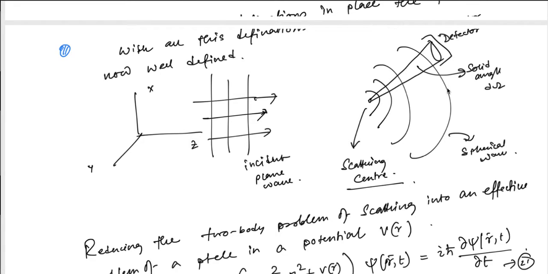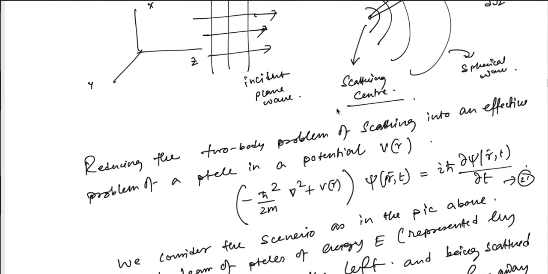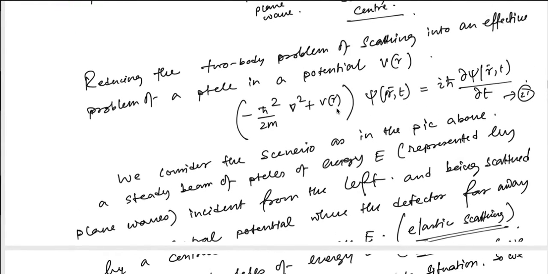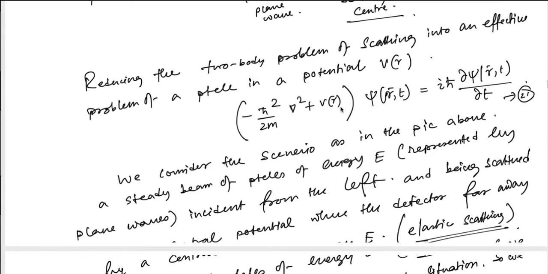Now in the language of quantum mechanics, if I think these particles are waves, it is like an incoming plane wave, an incident plane wave, which is hitting the scattering center, and that is generating these spherical waves which you are detecting in the detector in this solid angle omega, which we defined. So this is essentially a two body problem, but we reduce it to a one body problem, a particle scattered by a potential V(r). So the full problem is basically this Schrodinger equation which we have to solve, the time dependent Schrodinger equation in this scenario.